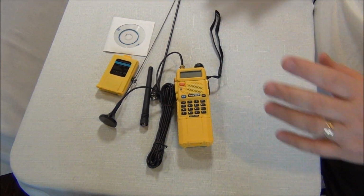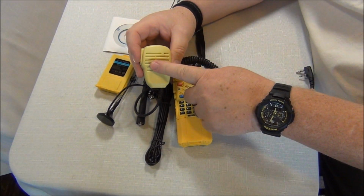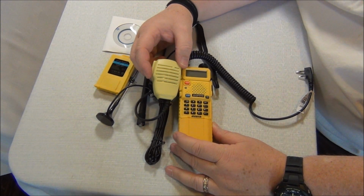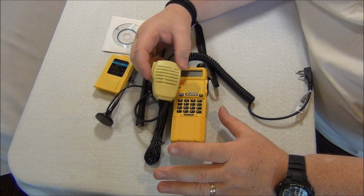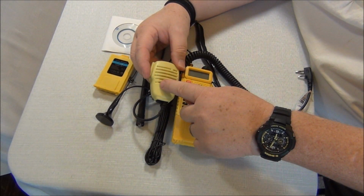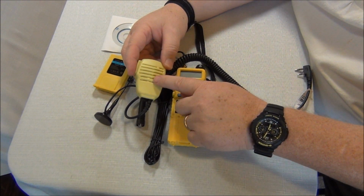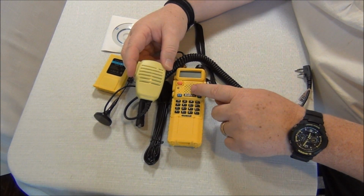And my last option, and I was disappointed with this also, is a handheld microphone. Now, they make these in black, and for this radio, I will probably go back and get a black one. As you can see, the coloration is different. This is my fault, because when I looked at the pictures on the website, I saw they were two different pictures. They were not side by side like this. I saw this color, I saw this color, I said to myself, they are different. I said to myself, well, maybe it wasn't a good photo. Maybe this really is this color. But alas,